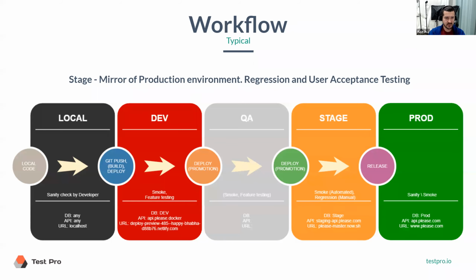So once they do so, they have a special dev environment, which is their sandbox. So they will need to deploy their application to dev environment. They will do some testing and they will deploy it next to QA environment. And how do you know it's dev or QA? Usually URL is different. So why do we need QA environment? Because that's our sandbox, so we don't mess up with our environments. Development environment usually is broken, always broken, so there is nothing for us to work on. But QA environment is usually more stable,